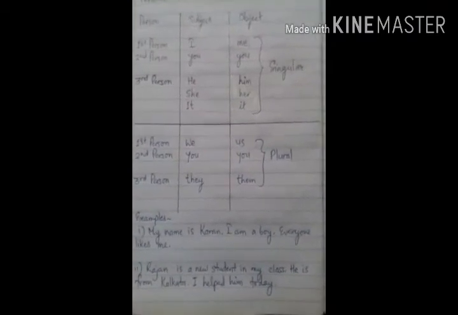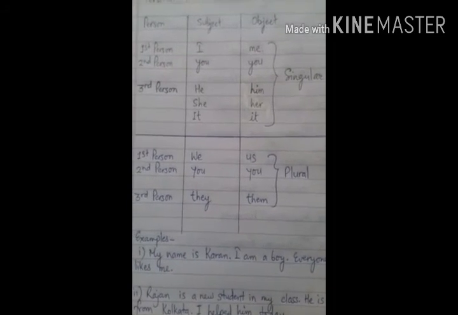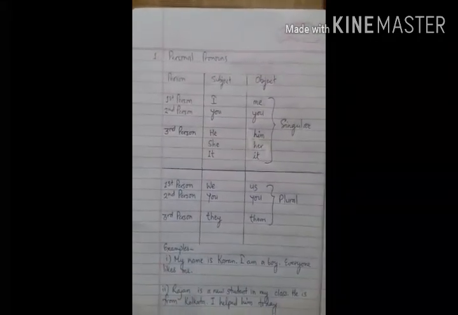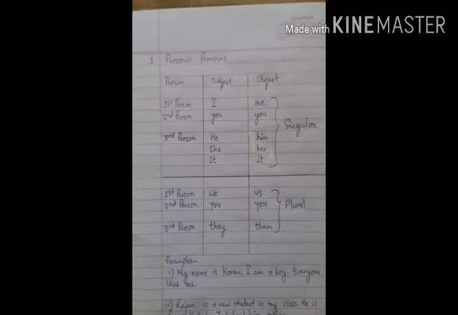Now come to the plural objective and subjective pronouns. "I" is the first person subjective pronoun; if I am speaking about myself only, it is "I". But if I include myself with some other persons, then it becomes "we". In the same way, "I" becomes "me" when we use it as an object, and "we" becomes "us" when we use "we" as an object.